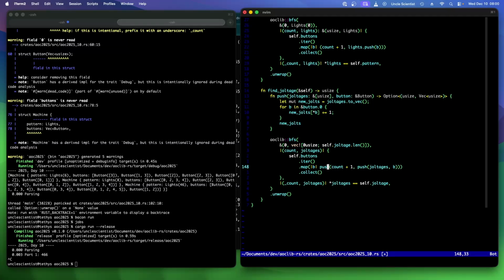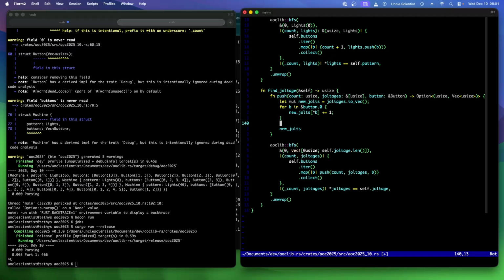Push of count and joltages and B. Then push will return the thing, and I'll add count usize, and then add count plus 1. So we're going to increment all the jolts and compare them to make sure. New jolts, zip,